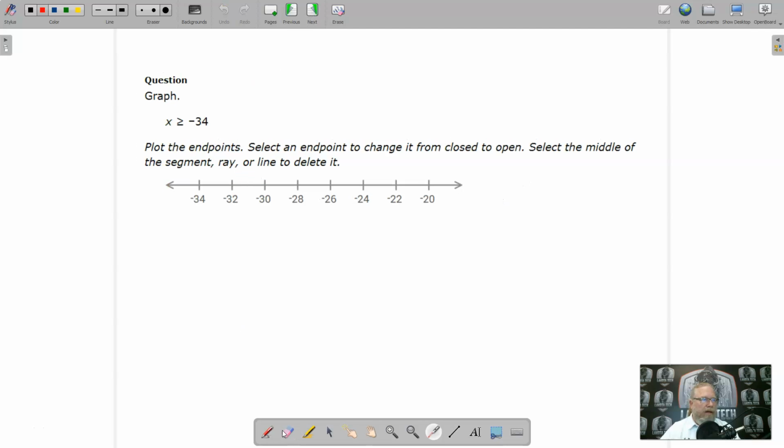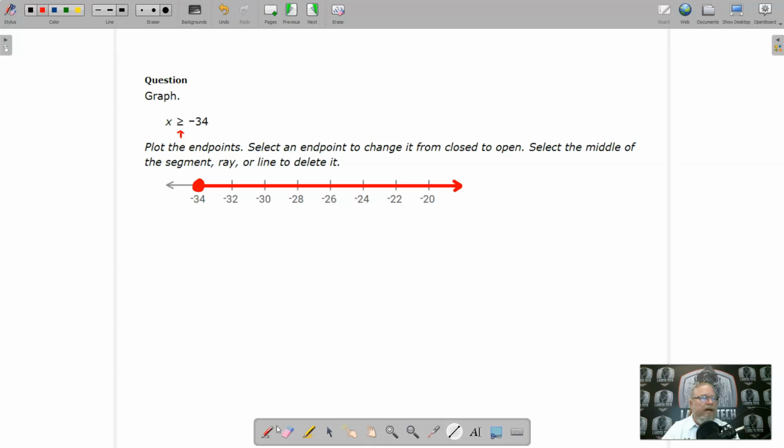Here we are at this one here, so negative 34. Find it, click it once for the point. Now should we click it again for a closed circle? Indeed we should. Notice the is greater than or equal to, so since negative 34 can be a correct value to make that statement true, it is included. And now notice that the greater than sign looks like an arrow pointing to the right. If we go ahead and click down here on the arrow on the right,